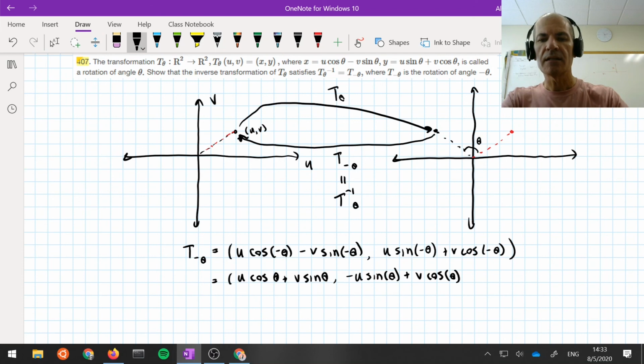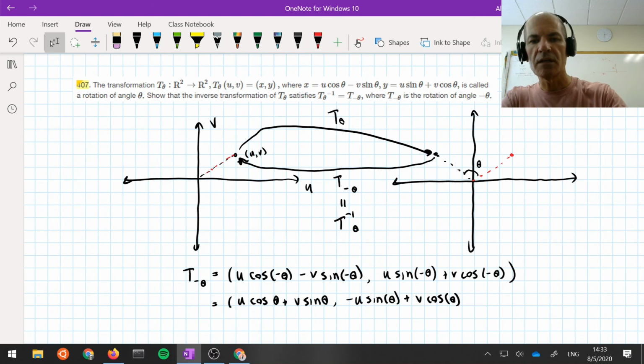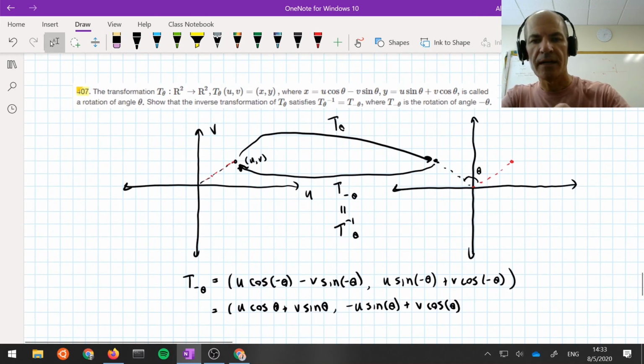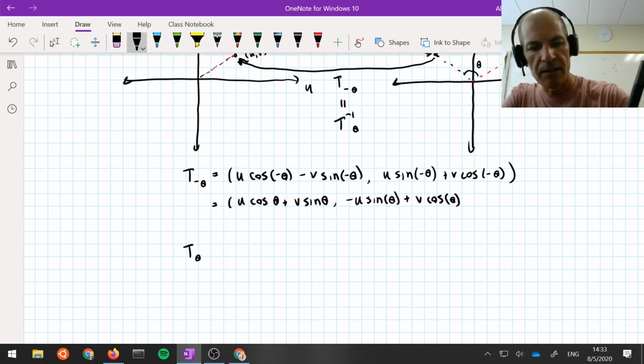How do we check that? Let's check it algebraically. Let's plug u and v into T theta. What's going to come out of that is this expression: x equals u cosine theta minus v sine theta, y equals u sine theta plus v cosine theta. So we know that T theta of u and v is equal to